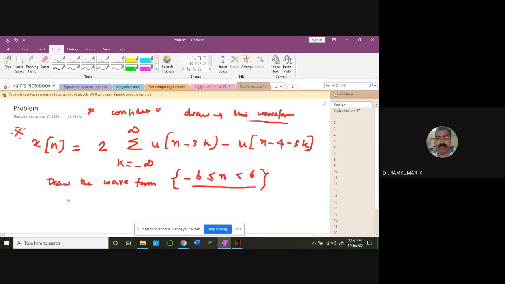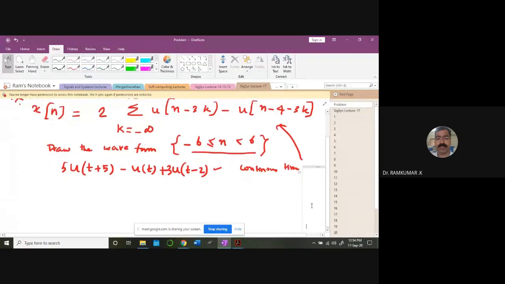If you are clear about the problem which Gautam said he had difficulty with. Remember the problem? This kind of problem. If we can work out this problem in the continuous time domain, you can work out this problem also. The only difference is that it is in the discrete time. How do you do it?